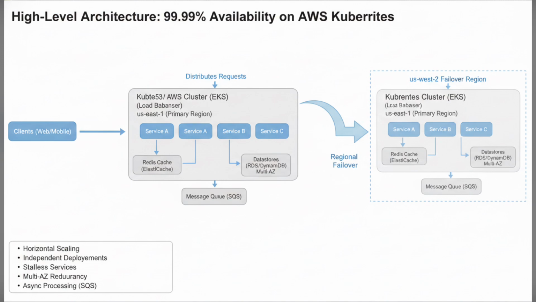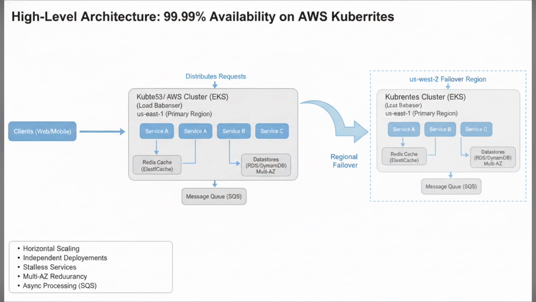Once the load balancer forwards the request, it routes to one of our Kubernetes services. Each service is responsible for specific functionality, and they are all designed to scale horizontally and manage state independently. This architecture allows us to update services independently, which is crucial for maintaining high availability. For state management, we use caches like Redis, which store frequently accessed data to reduce latency and improve response times. This results in quicker request handling.